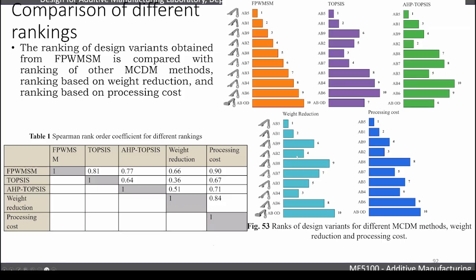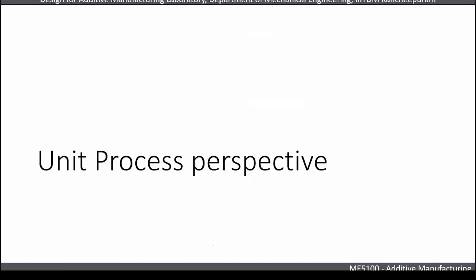So for example, if somebody says, I cannot do weight reduction because AM is going to be very expensive. But if you look at the total processing cost, it may be much higher, but the overall life cycle benefit would be much greater. So we need to understand the trade-off between them, right? That's the approach. And we are now focusing more on the unit process perspective,